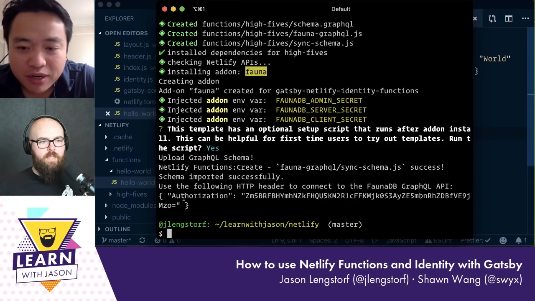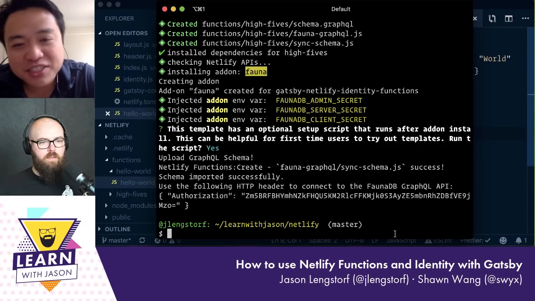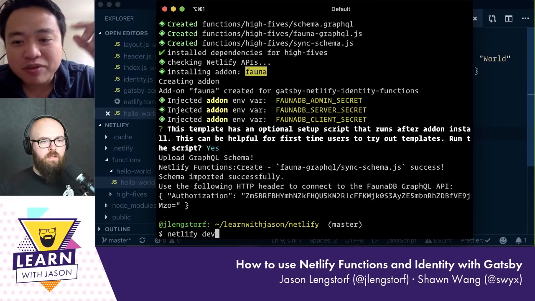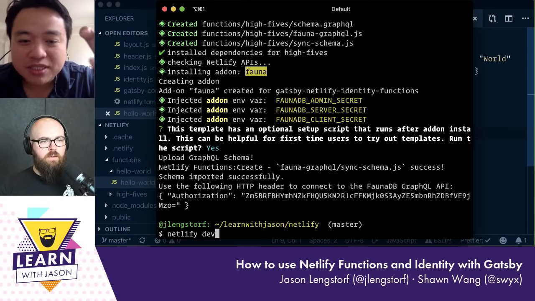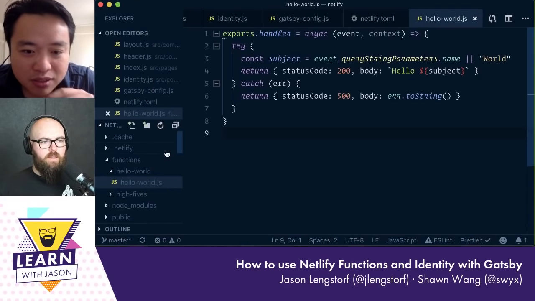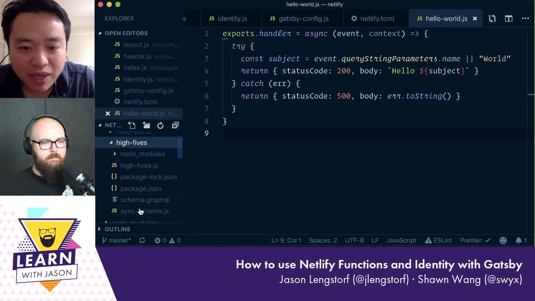So I think this is it. Do I now need to run Netlify dev, or do I need to do something with this? Nope. We should probably clarify that. This is just for information. Let me just show you what happens with this. Under functions, if you go to your VS Code, we now have a high fives folder, and we have a